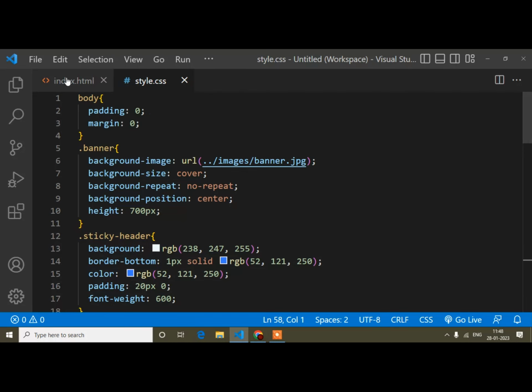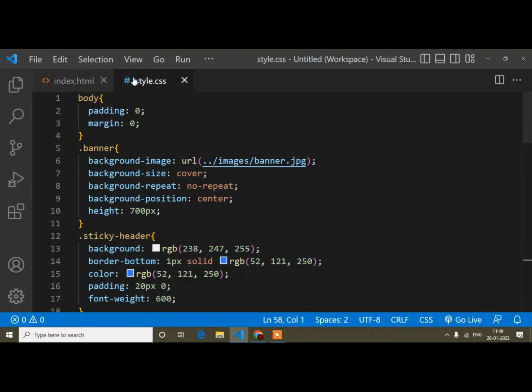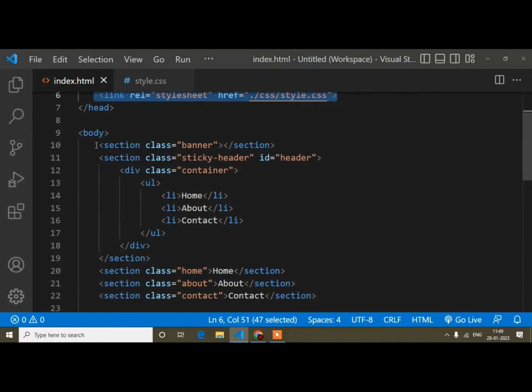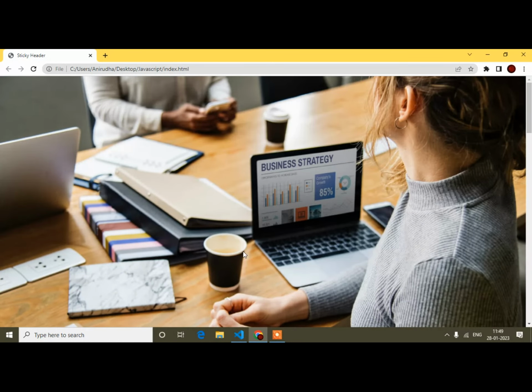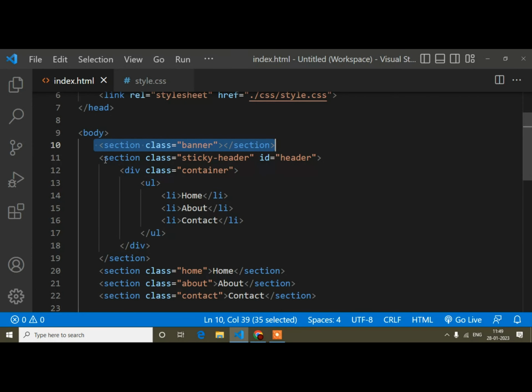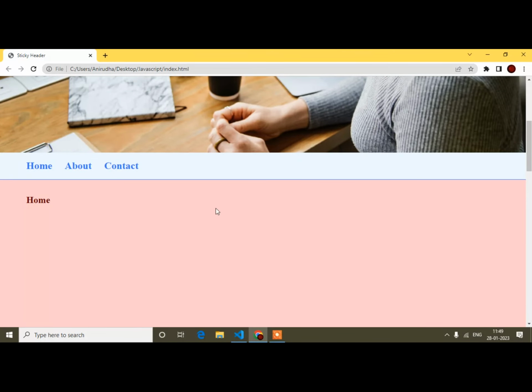In the index.html file, here is the basic setup, the title, and this is the link for the external CSS file, which I added here. After that, this is the banner, which you can see at the top. After that, this is the header part, because the header comes just below the banner, with three menus.